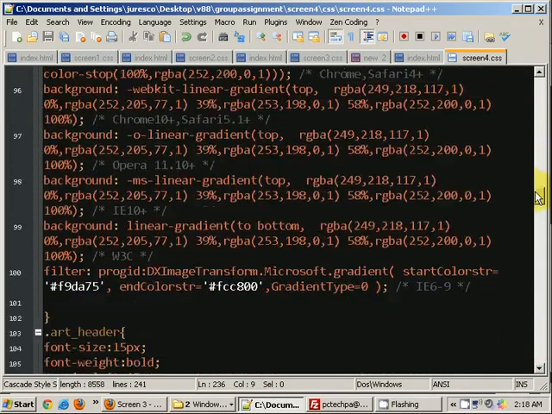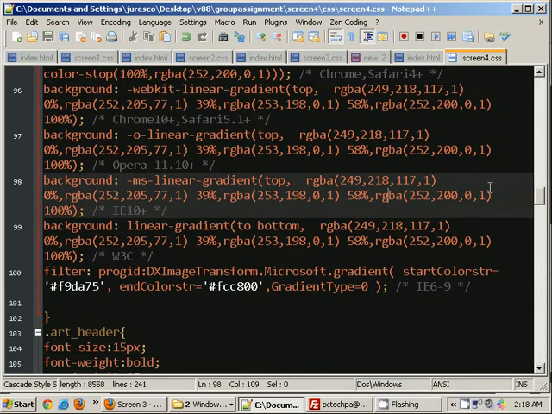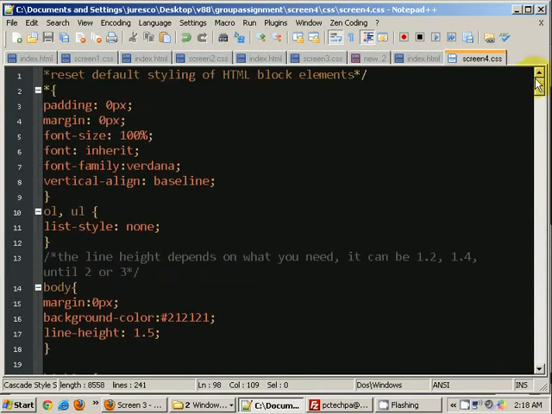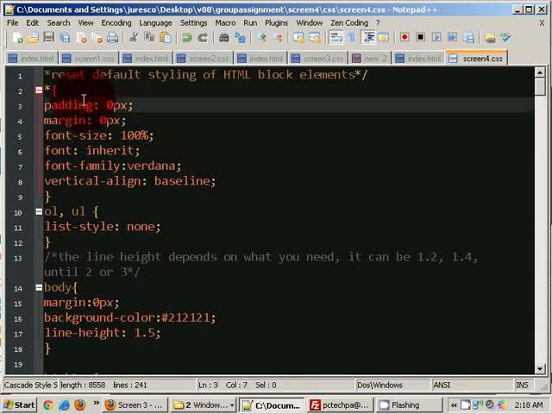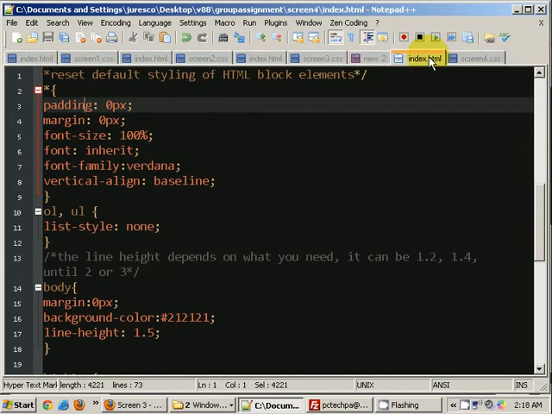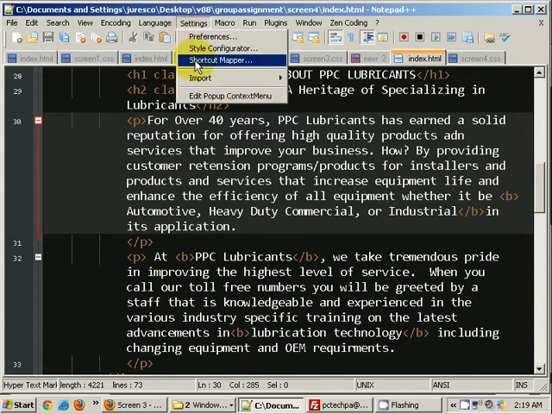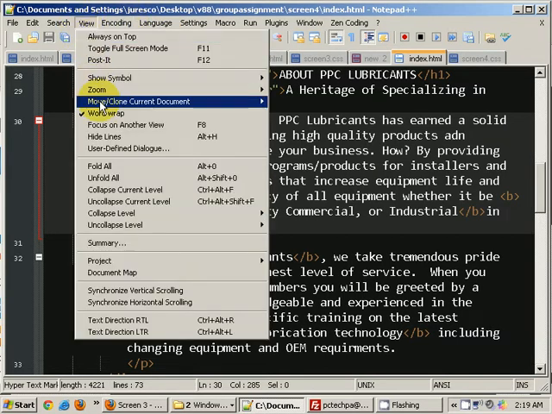Use the gradient generator, so there's a lot of code there. But yeah, reset, and then on the HTML, follow the alignment, remove the spaces. I am also using on the view the word wrap here, so it would help me.